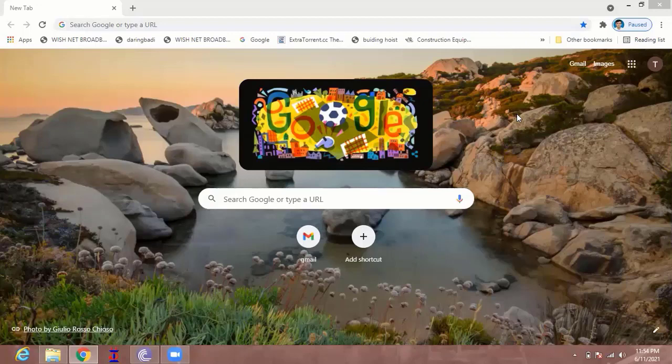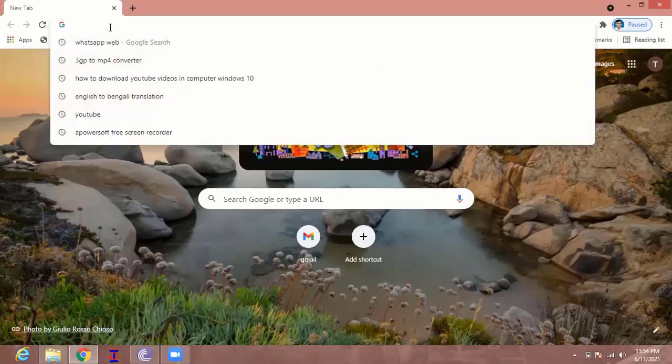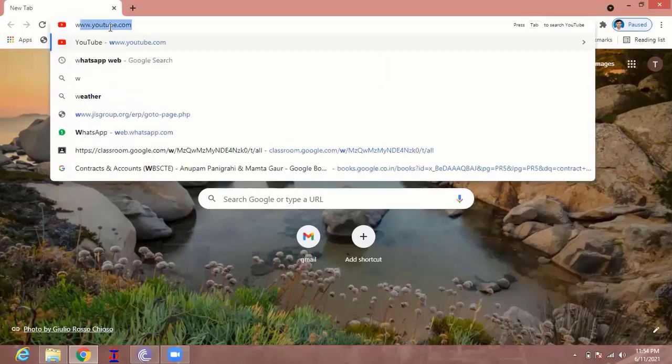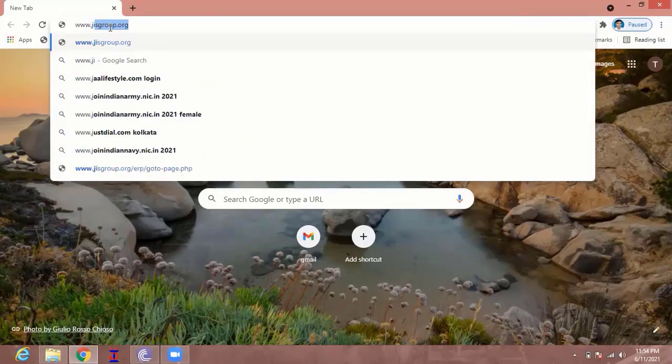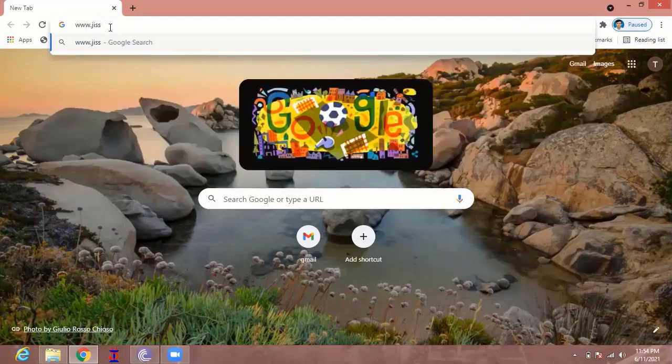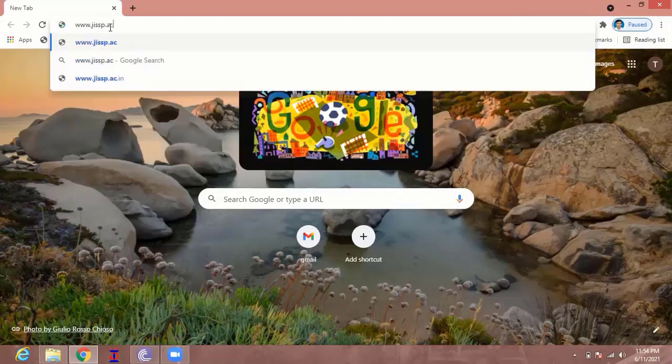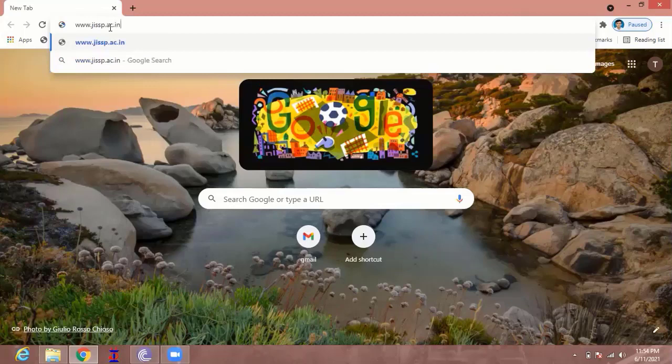Today, I will describe the process of filling up the form to get admission in the prestigious college. At first, open your Google Chrome browser and type www.jissp.ac.in.